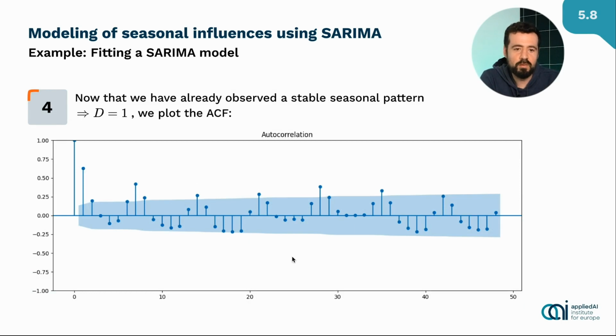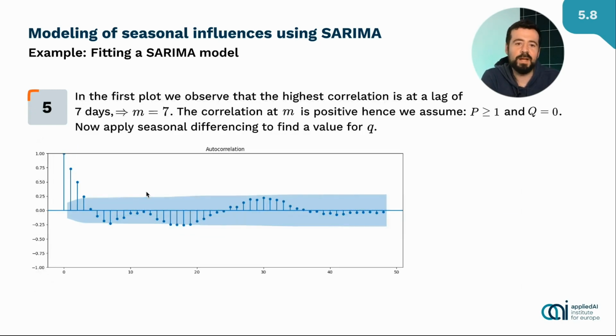So, taking a close look at this autocorrelation function. First of all, we can kind of ignore the first high correlations. These are most likely due to some autoregressive effects. But here, the next highest one that we can find is at a lag of 7 days, which is also quite natural. There's one more value that we can read off the autocorrelation function, which is the value Q